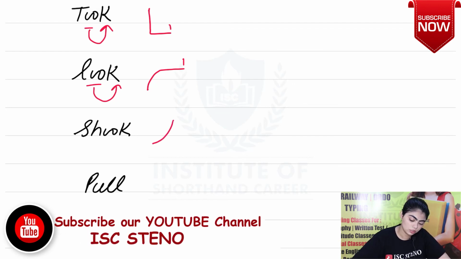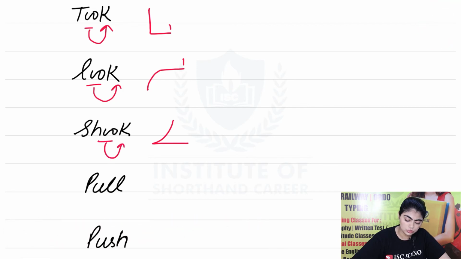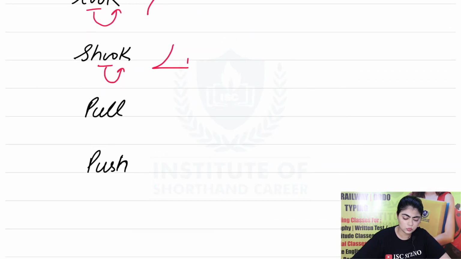Next word is shook, sh and k. The u sound is placed on k's third position and before k, so shook. Second last word is pull, p, u and l. Over here you can see that the spelling of u is coming, but it's giving the sound of oo. And above, you can see that double o spellings are there, look. So the spelling doesn't matter, you just have to check which sound is coming, okay? Pull, p and l, u is placed on l's third place and before l, pull.